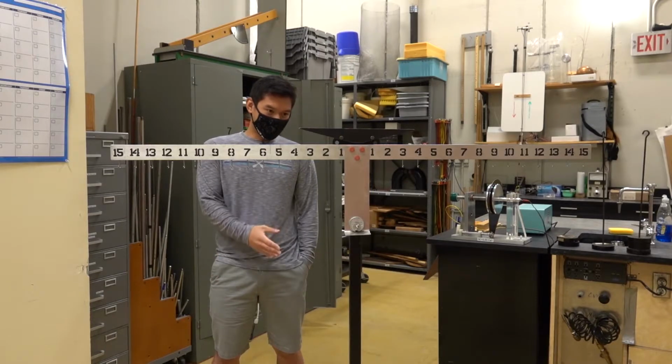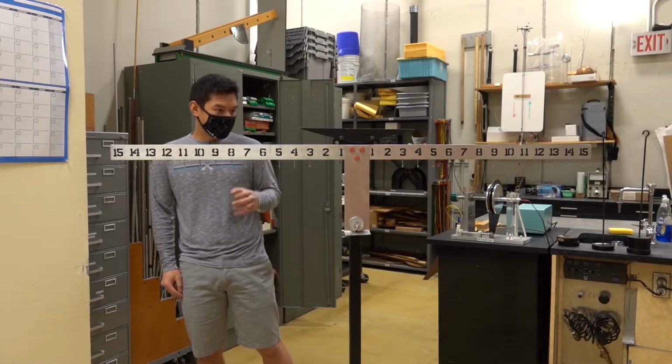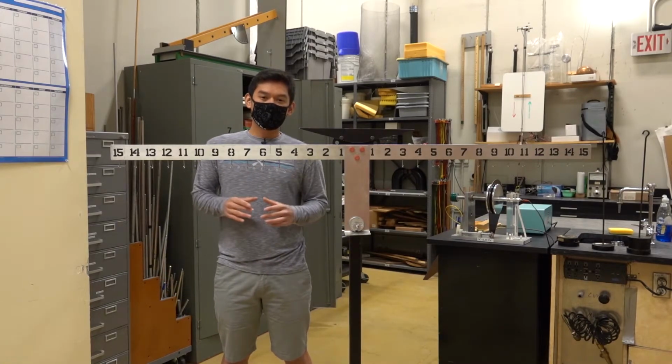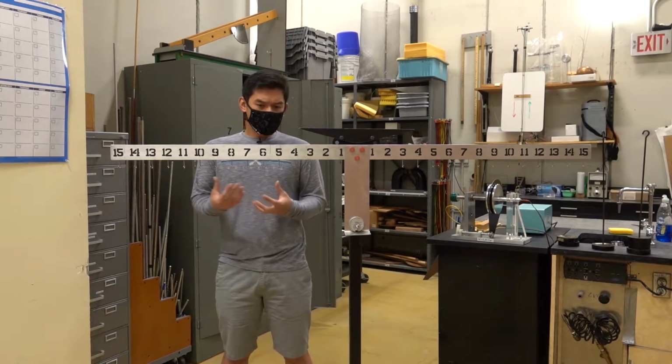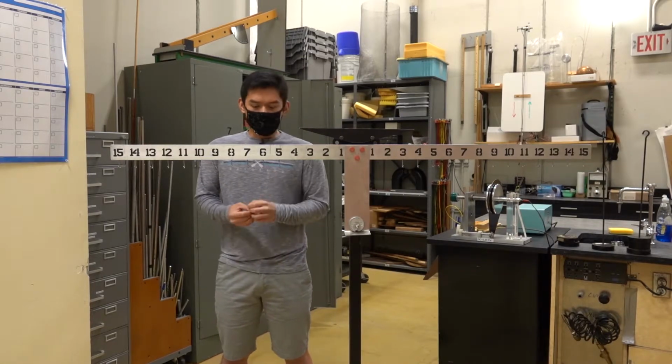I've got another demonstration for you here today called the torque balance. And what this is going to do is it's going to teach us about the concepts of torque. Now, torque is also called the moment of a force. And it's not like a moment in time, it's more like a moment in space that a force is being